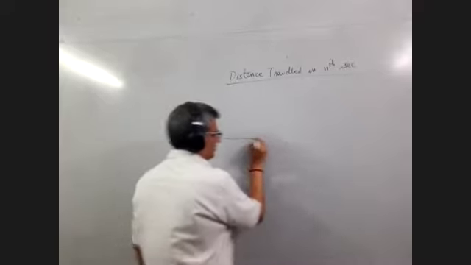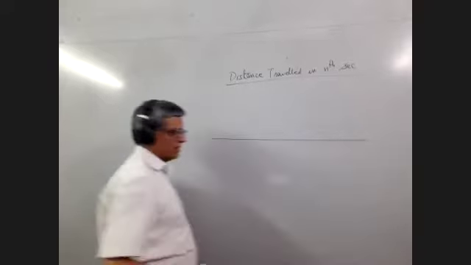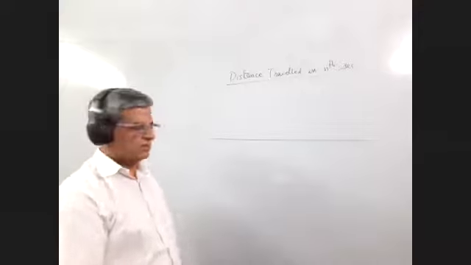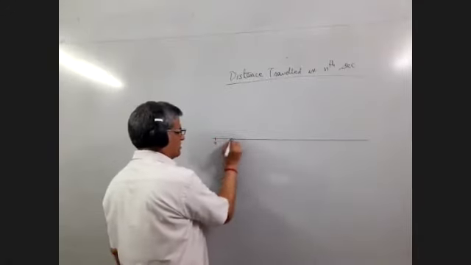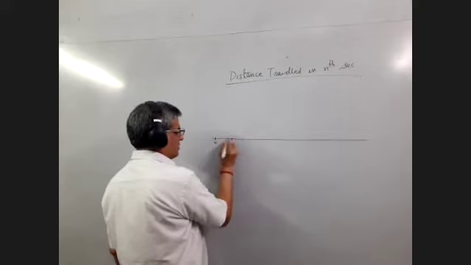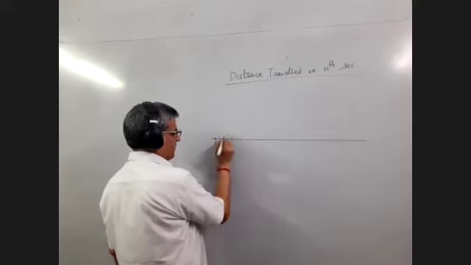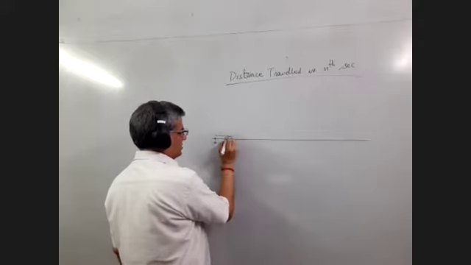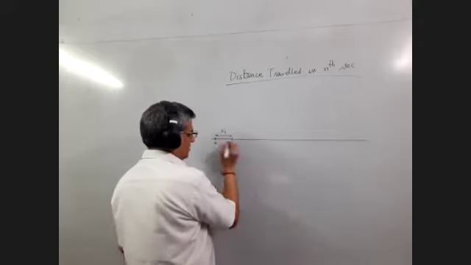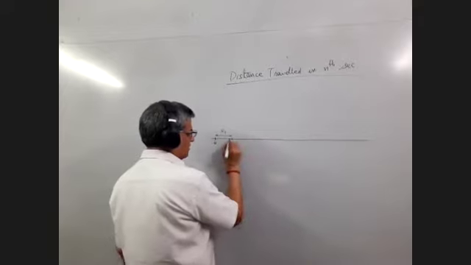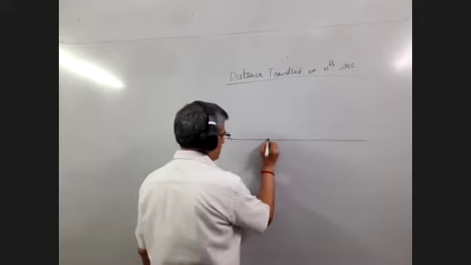Suppose a body is moving along a straight line with uniform acceleration. So starting here at 0, after 1 second we find that the body has reached this location. This is the distance covered in the first second. I call it S1. Because it is accelerating, it is speeding up, it covers a larger distance in the second second.